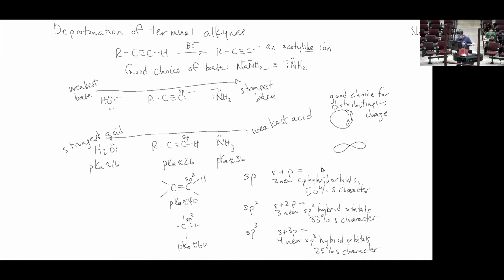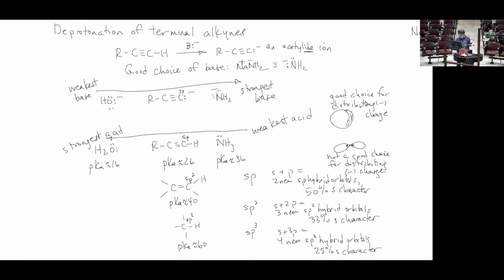What about p orbitals? Well, we know they're sort of dumbbell shaped like this. And I think you'll agree this is not a good choice for distributing minus charge. Here you're bringing negative charge closer together than you really need to, especially as you approach the nucleus. There's going to be some electron density there as well. And you're bringing it very close together. You're not spreading it out like on the surface of the sphere. So what we're learning is the more S-like the orbital is into which we're putting the minus charge, the better